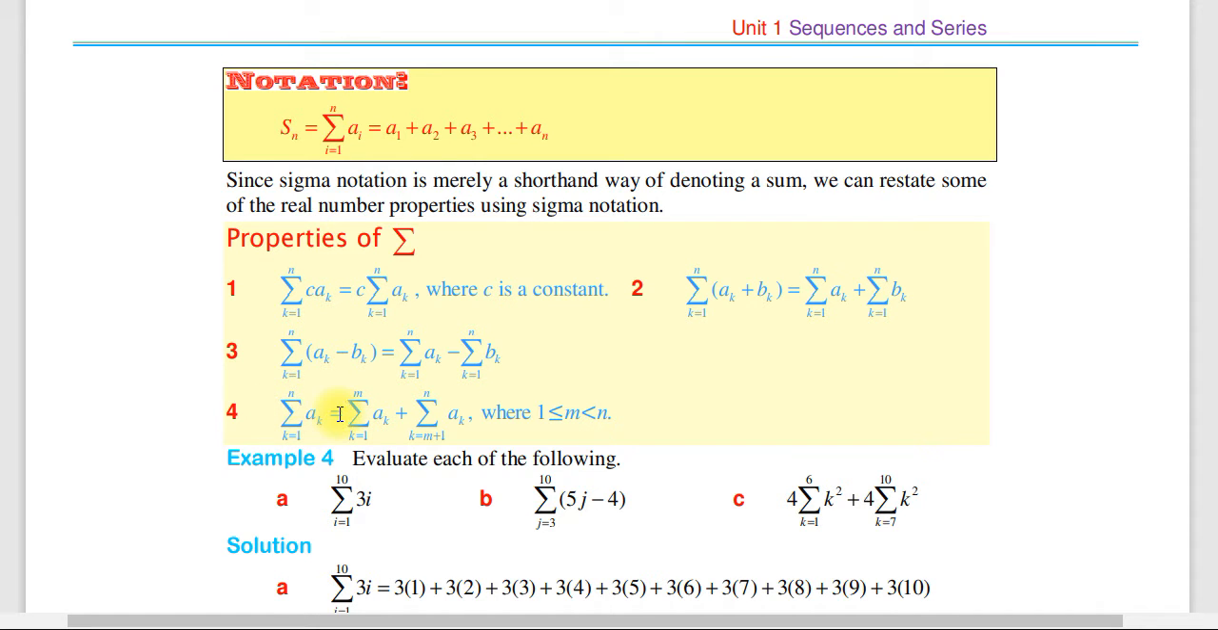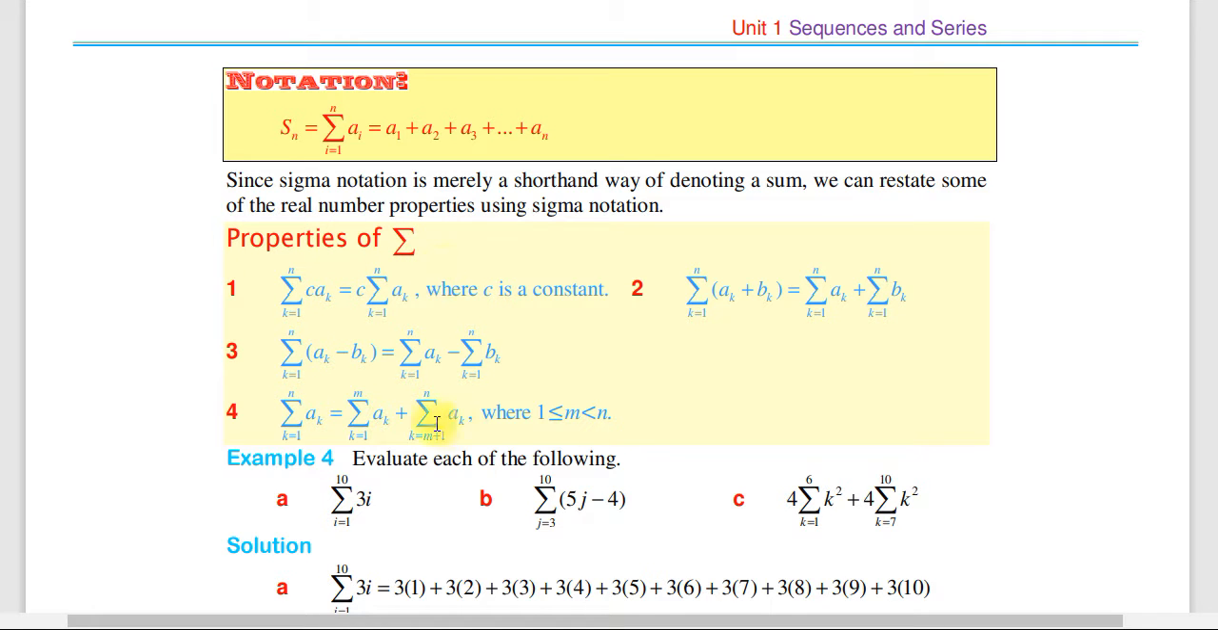ሌላው ደግሞ summation of a_k, k starts from 1 up to n, which is equal to summation of a_k, k starts from 1 up to m, plus summation of a_k, k starts from m plus 1 up to n አድርገን በዛ አይነት ፎርም ማስቀመጥ እንችላለን። But ምን መሆን አለበት? 1 ≤ m ≤ n መሆን መቻል አለበት ማለት ነው። ኦኬ።